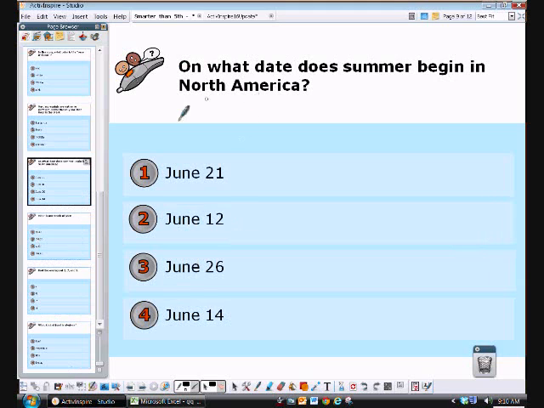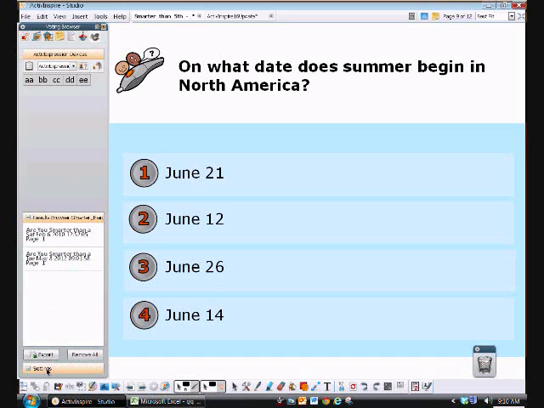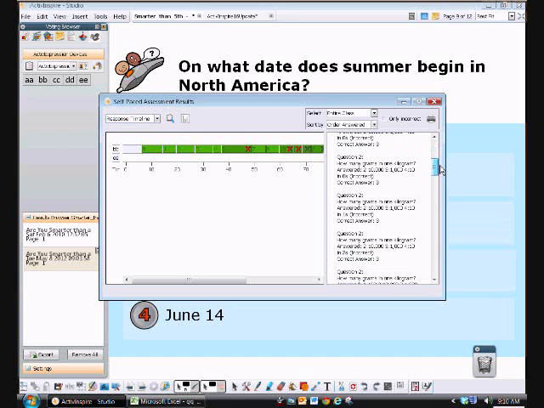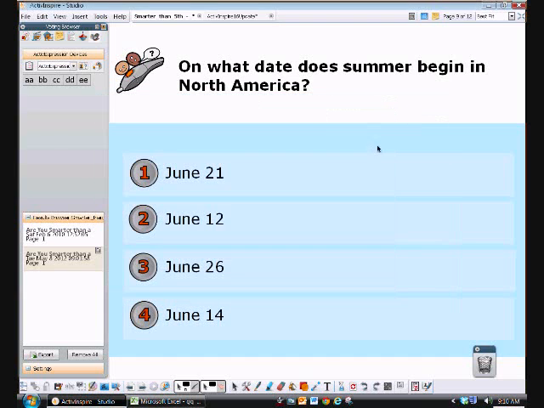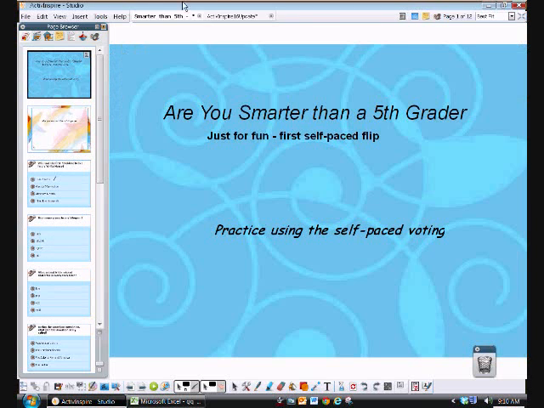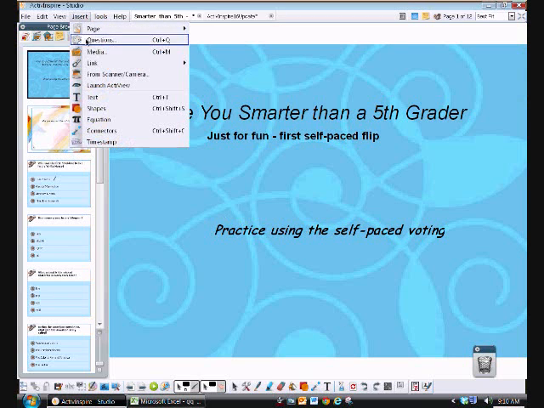So I think that these are different ways that you can review the data afterwards. I happen to like this way, being able to bring it up, making sure you have the entire class listed here, and going over it this way. But there's one more way that you can look at your questions for review. If you go to the page where all the questions are embedded, and you go to Insert Questions so you can see them,